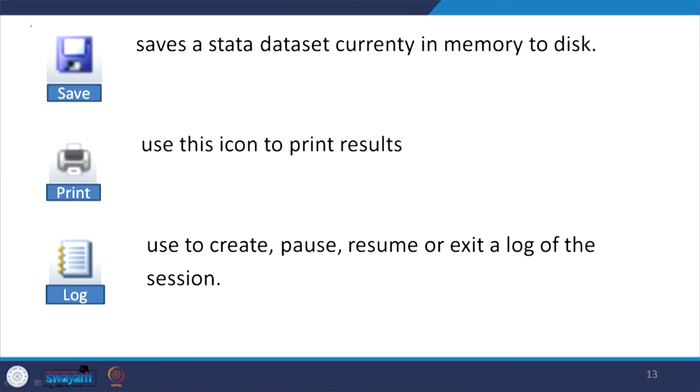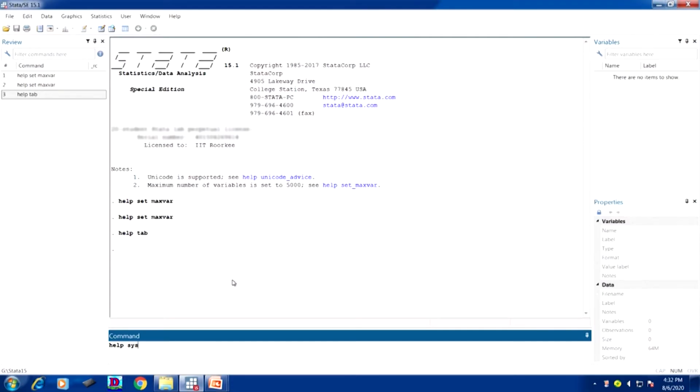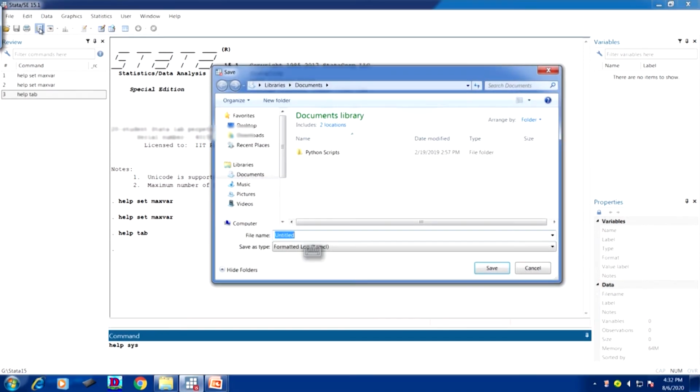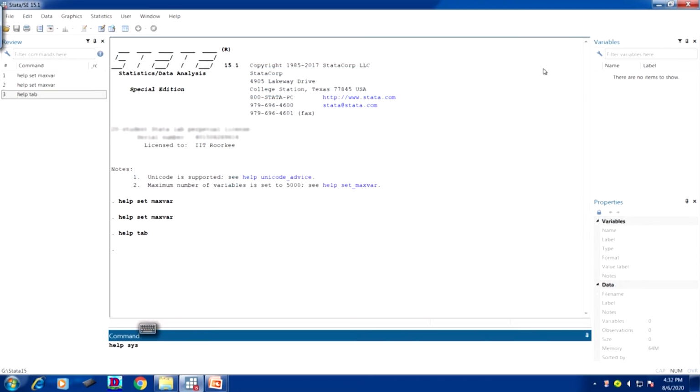Alright. Now let me move into the next. Similarly, for save, print, log file, we are going to tell you in detail how to create a log file, pause, resume, exit or log off a session. Let me just tell you, that is the way. Here is the log file icon. I have simply clicked on it. Once again, I have simply pointed over that particular log. It's shown as log,